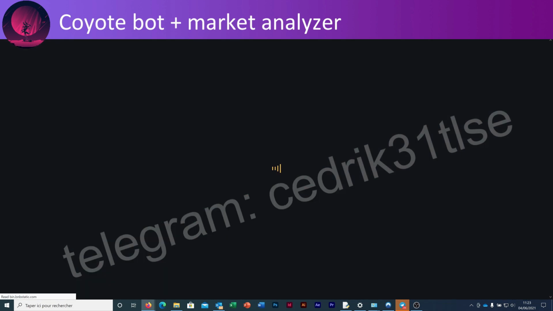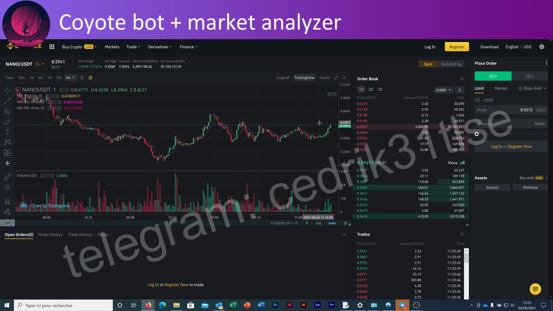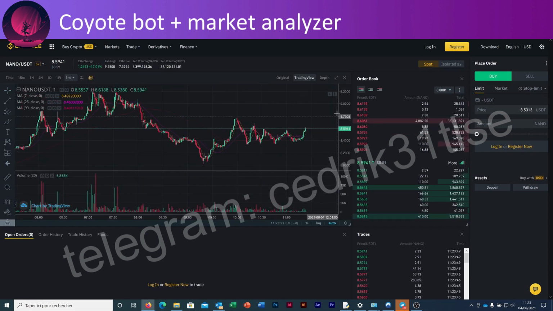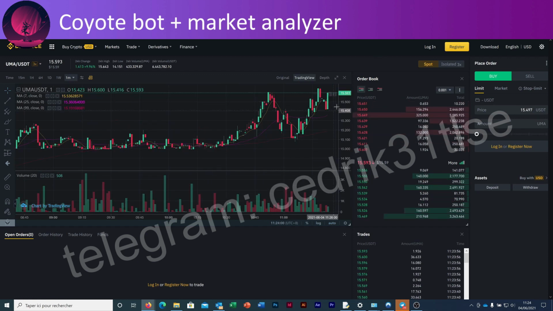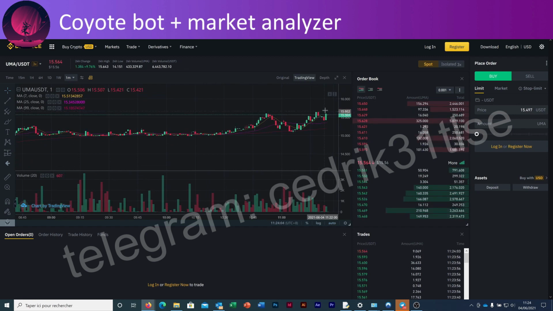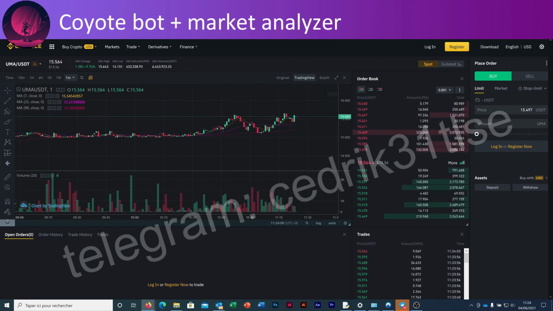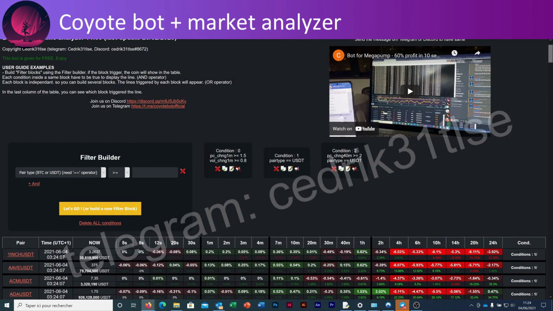So Nano, yeah, Nano. So on the other one, effectively I also have an interesting move here. We can guess it will pump again. So this was UMA we have seen earlier, and we can see this coin is pumping.